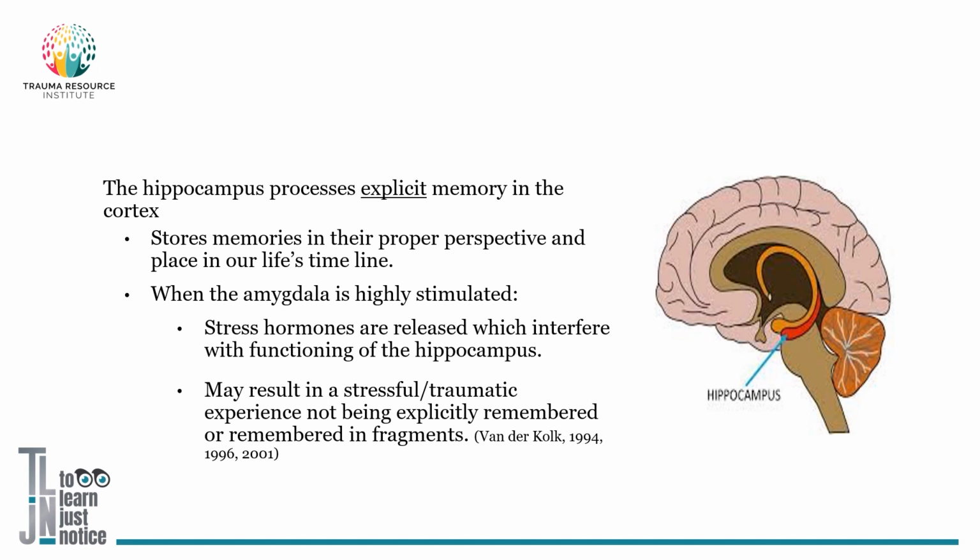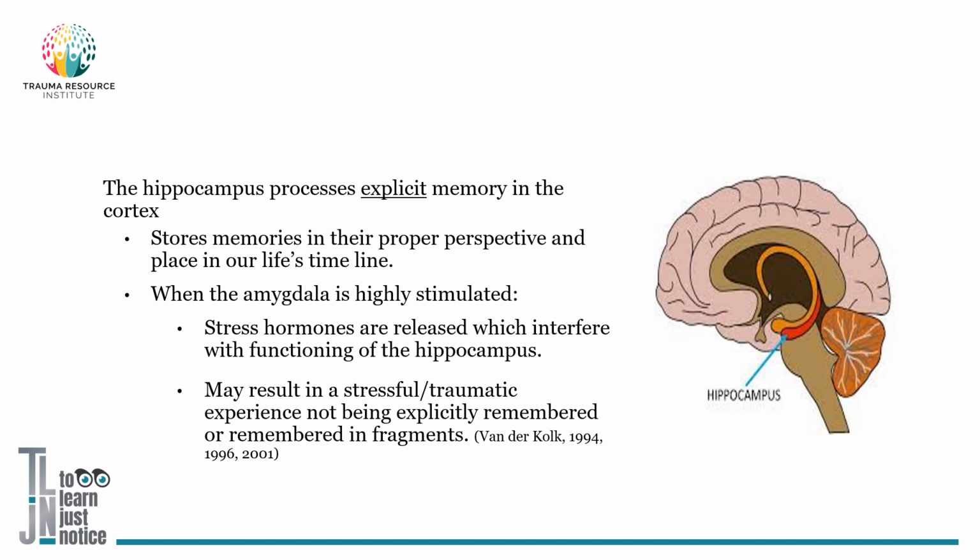Now, one element of the brain that really processes explicit memories is the hippocampus. And I raise this just because when the amygdala is highly stimulated and finds itself activated, we do see that stress hormones are released, which interfere with the functioning of this particular portion of the brain, which is why at times we may find ourselves unable to remember specific details of an experience. It's because that chemical reaction we talked about when we explored stress and trauma has taken effect